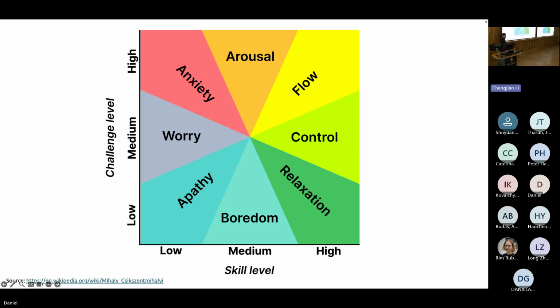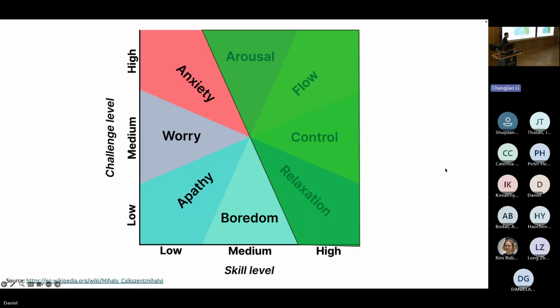And broadly speaking, I think for good interfaces for creative practice, specifically, you want to be somewhere in this half of the design space. And exactly where you are depends on what the individual user is trying to do. Like if they just kind of want to relax, great. If they want a really intense challenge, maybe you want to be up here. Probably most of the time you want to be in one of these parts of the space. And that's why people talk so much about flow, right? Really just getting lost in something where you're really in the zone. You feel like you're firing on all cylinders. You're making progress, but you also feel like it's easy. You're not coming up against roadblocks, and you feel kind of like you have a superpower, and the minutes just fly by.